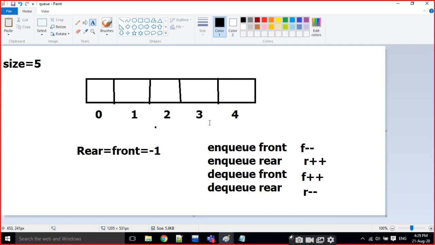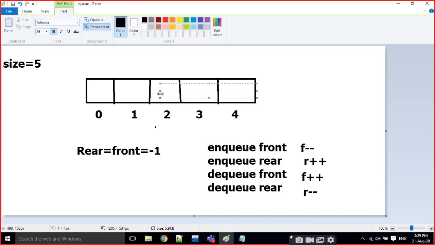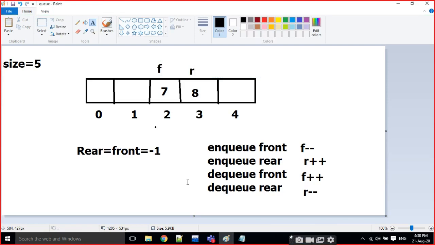I will show you. For example, here is some 7 and here is some 8 value, and this is front and this is rear.